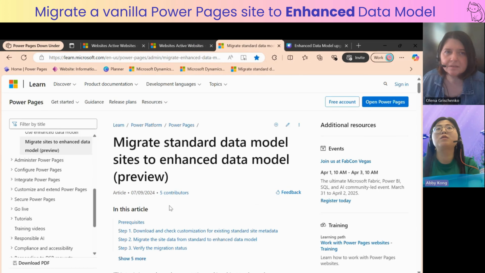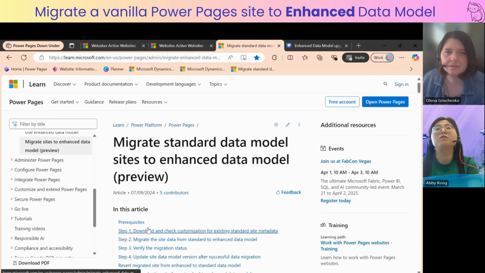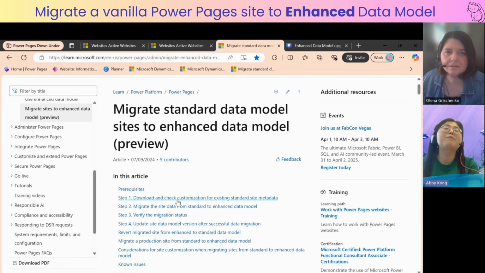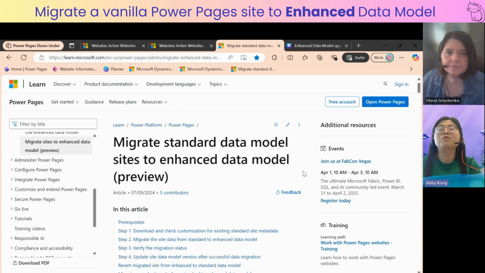It's the steps to basically the 4 main steps to migrate from standard model to enhanced data model. And this is what we will go through today, this part. And